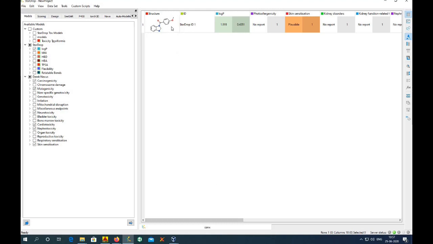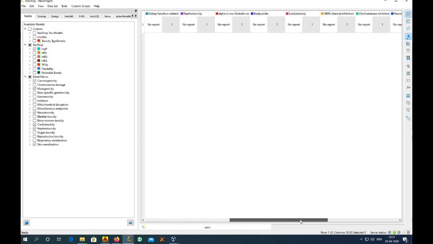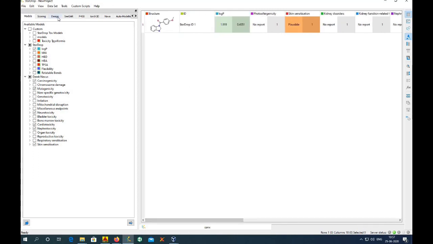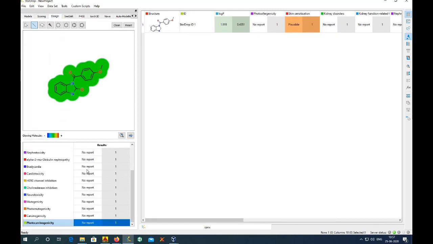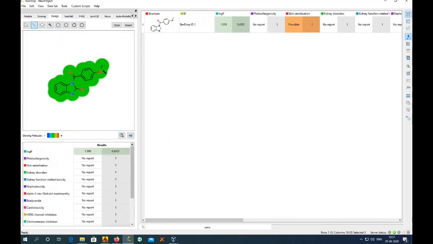Here it is giving the different toxicity of the compound. While seeing this, it is showing the logP value, that is 1.919.